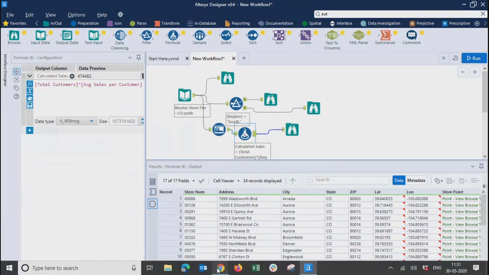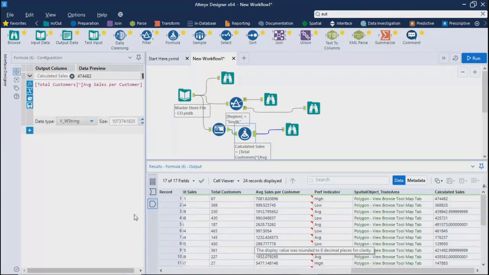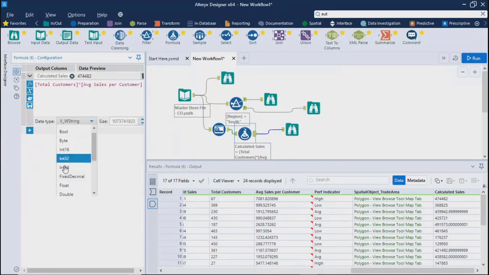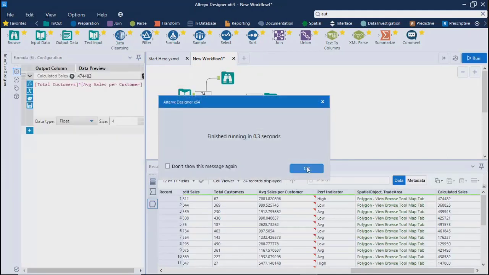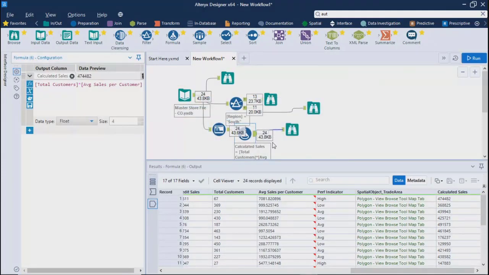Okay, it's still coming in as a V string, but that's fine. You can just select and change it into float for better calculations. The decimal numbers, as of now, we selected 4. You can convert this into 2 if you wish. By default, it takes 4. But over here, if you see, you are not getting any decimal places now.